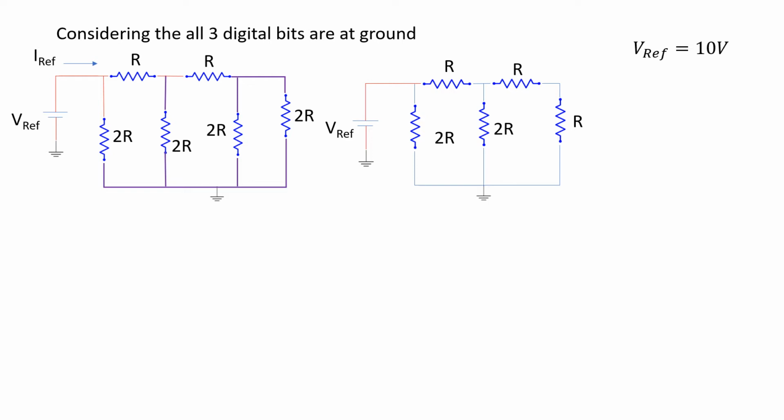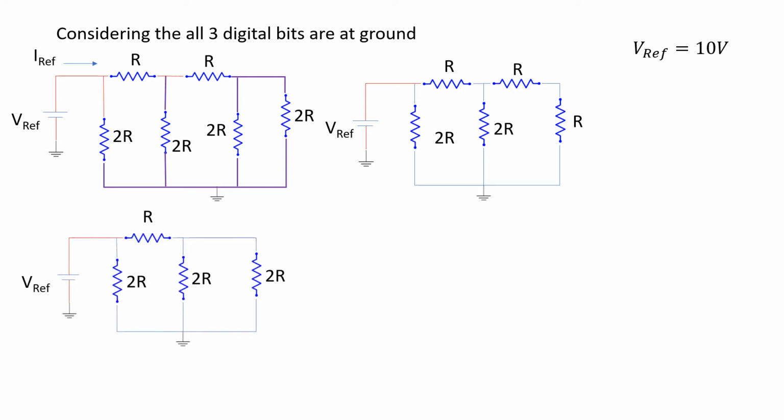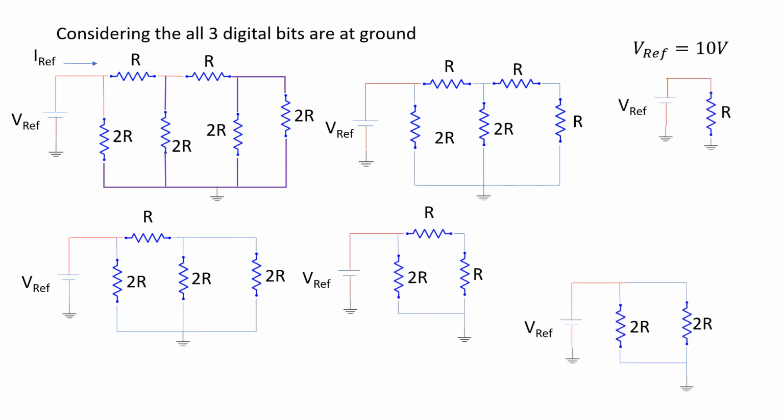2R and 2R in parallel, so using the reduction technique we get the resistance R. So R and R will be in series in the second circuit on the extreme right, so it will be 2R again. Again in the third circuit, 2R and 2R are in parallel. Similarly with this part, and we will reach the case that V reference is connected across the resistance R. Therefore I reference will be equal to V reference divided by R, and in this particular case since we have considered R as 5 kilo ohms and V reference as 10 volts, we are going to get I reference